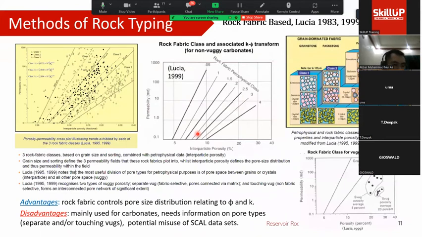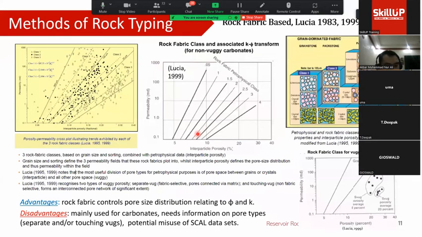He created 3 main rock fabric classes based on the grain size and the sorting, based on the petrophysical data. This rock fabric controls pore size distribution, which is really good to make a relation with porosity and permeability. This is also good for predicting this one, but